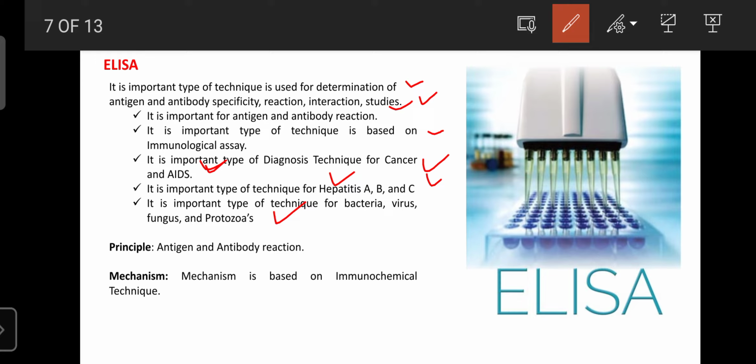Many diagnostic kits are available in the market, such as the HIV kit, malaria kit, hepatitis kit and many others. Simply, you can pay 50 rupees and diagnose the disease in your home only. Even for COVID, the kit is available. These kits are developed on the basis of the ELISA.